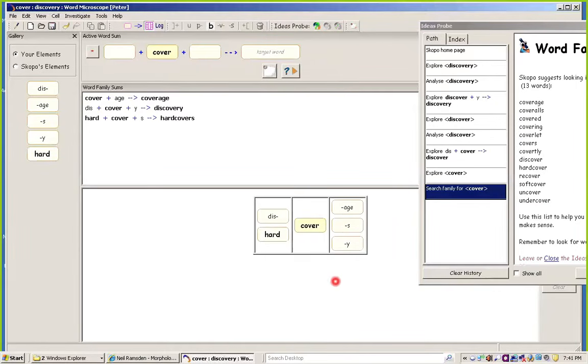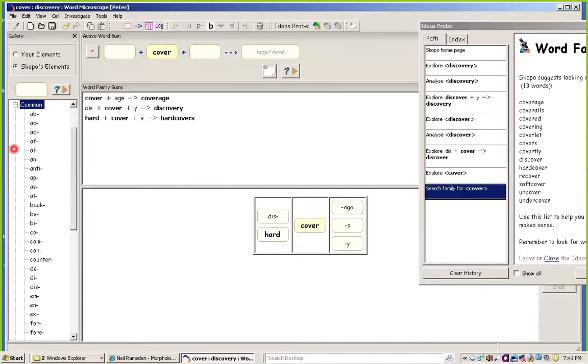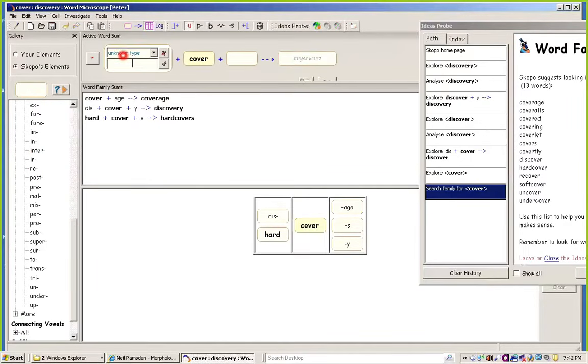Now, one thing is, there's a limited number of words here. There's other places that I can go to build this up. One thing is, these are the elements I've done. Notice that the bold is signaled because I called it a base. But if I want to think of some other possible morphemes, I've got a whole bank in here I can draw from. So I can look for common prefixes that might give me ideas of things I could do. I notice, for example, there's the RE. That might just spur the idea of, oh, I could make to recover,